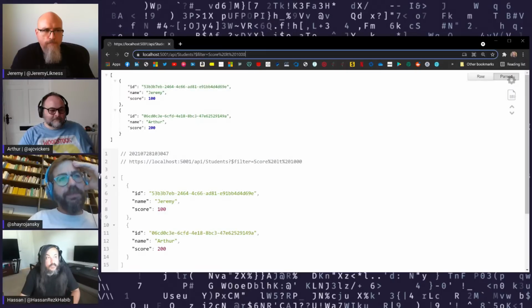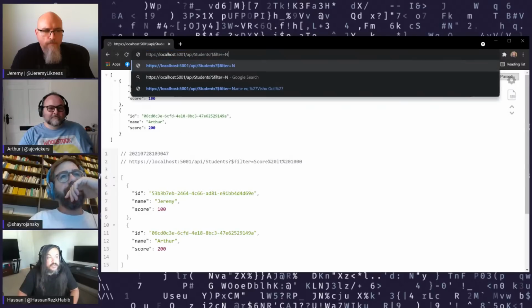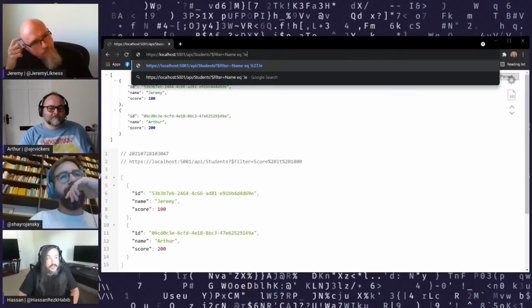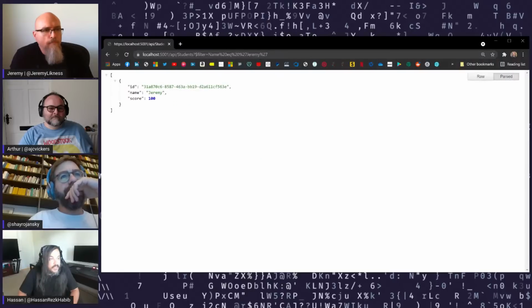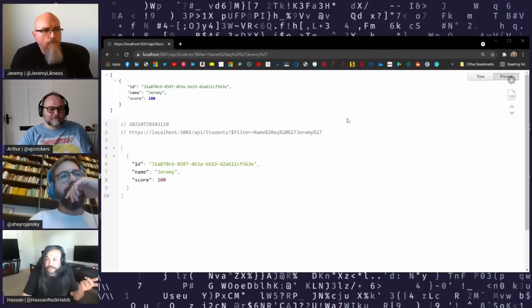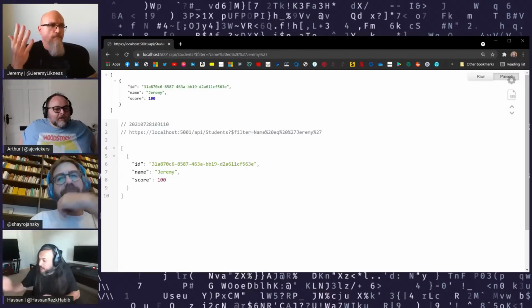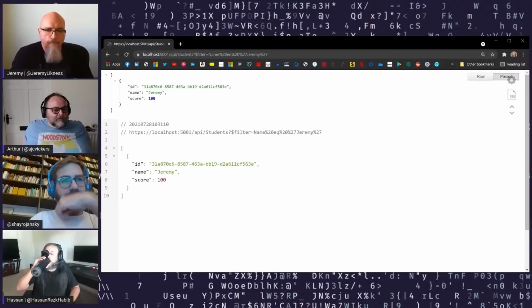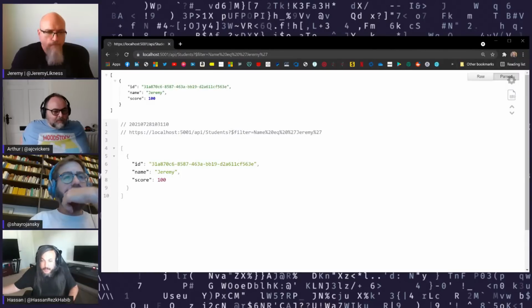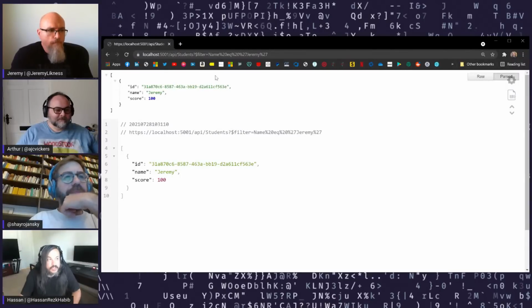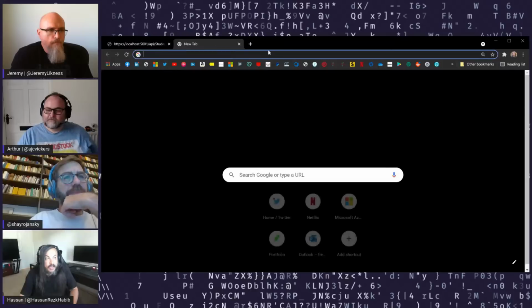I can do so many more things with this filter, just this one tiny option. If I say filter name equals Jeremy, it gives me just Jeremy. Very cool. Think about the possibilities. How do I know what the syntax is for doing those kinds of filters? That's a great question. Because OData is a protocol,